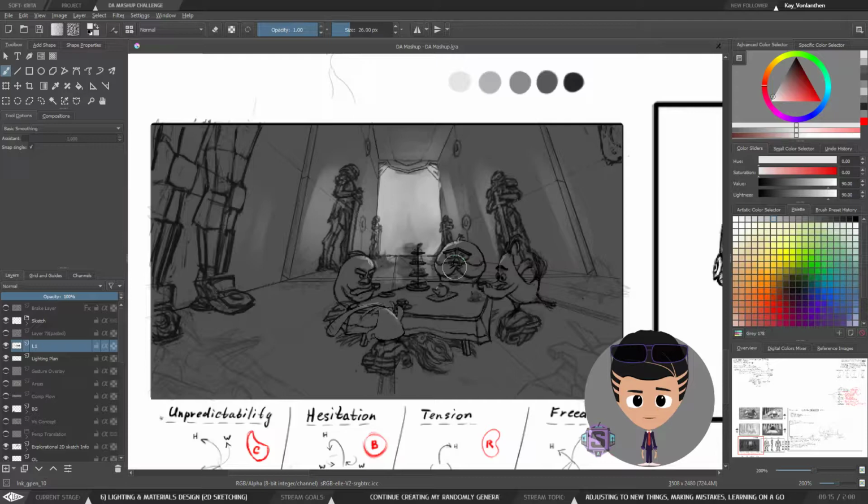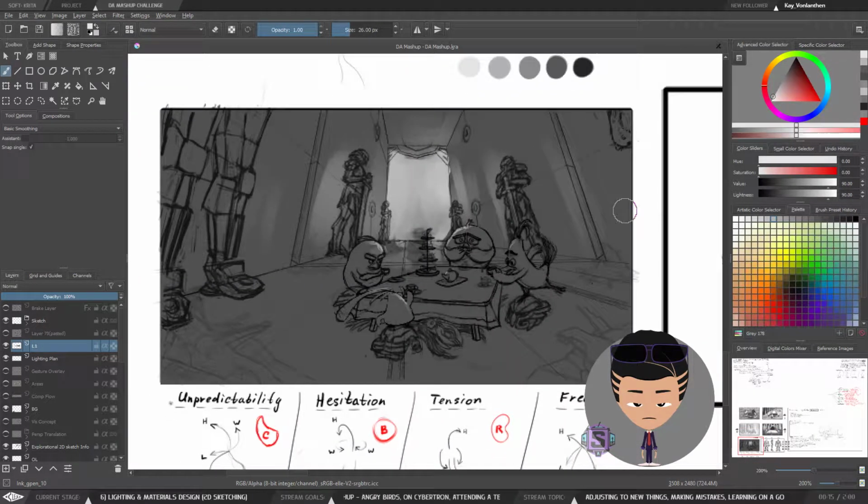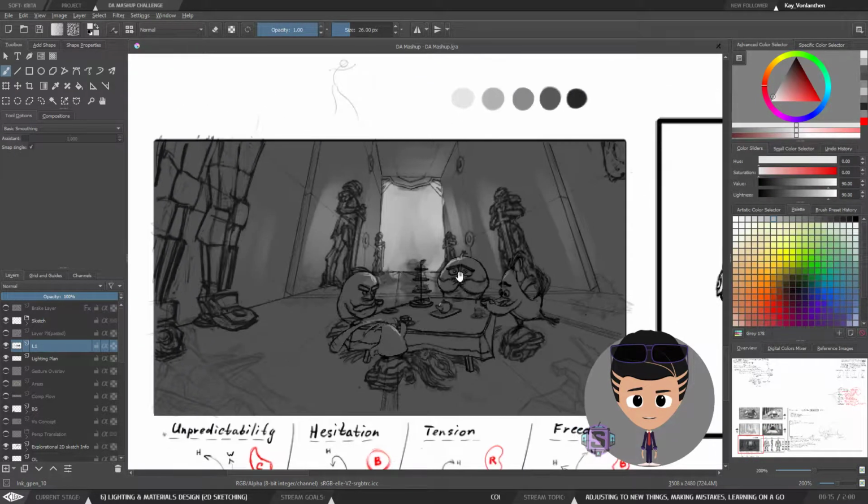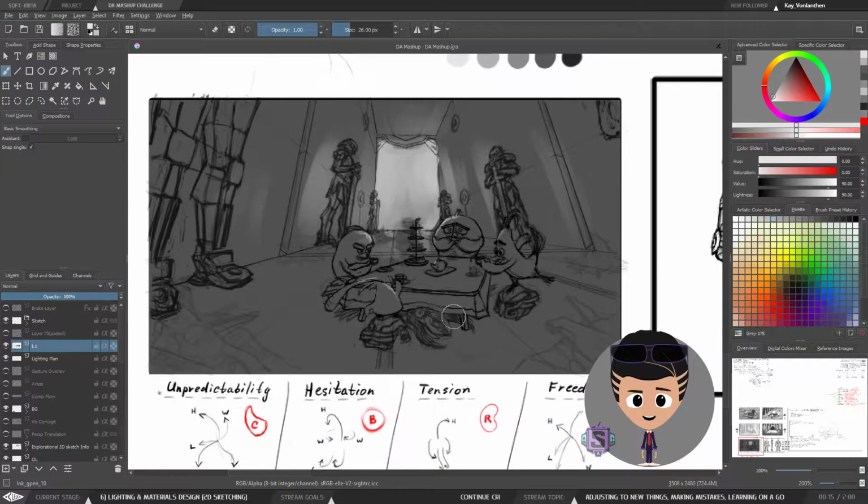But for now, let's just determine, because in the end I want to work with the full value scale, and it's not going to be neither low key nor high key work. It's going to be the full key value illustration, or at least I kind of want it to be like this. If I decide that full value scale is not going to work for this, then I will probably test different value scales, but for now we are going to work with this one. Okay,